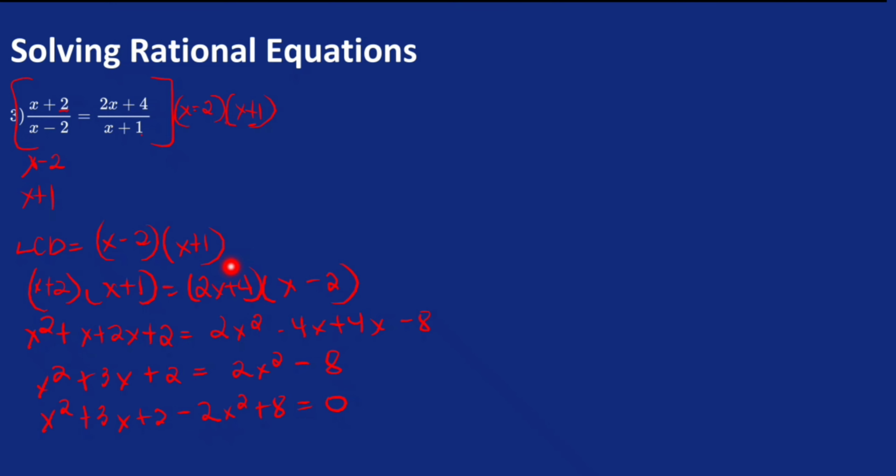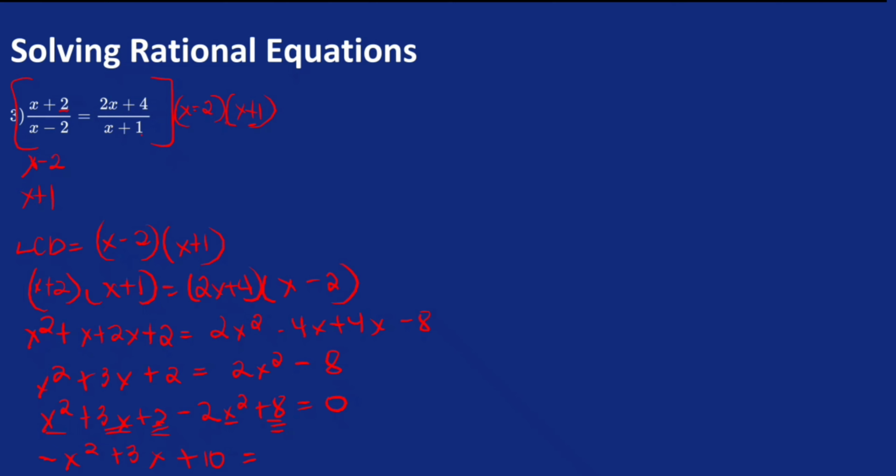Simplify by combining like terms. X squared plus negative 2x squared, that is negative x squared. And 3x has no common factor, so we'll just copy. Then positive 2 plus positive 8, that is positive 10, equal to 0. To solve for quadratic equations, we can use factoring or quadratic formula. So let's try solving using